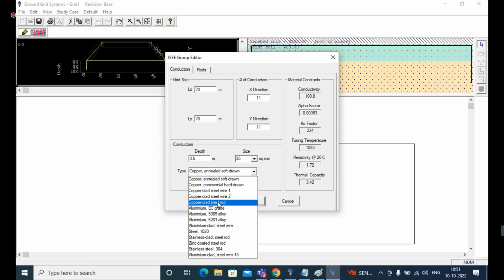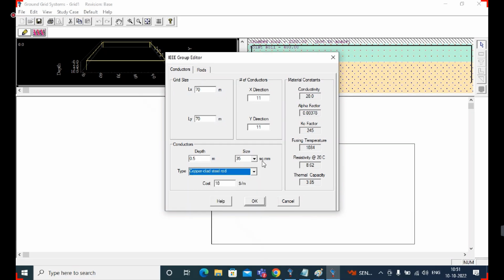If you use aluminum instead of copper clad, for that same design you need to assign more square mm. So instead of 35, you need to assign 70 or 120. Why? Because compared to copper, aluminum conductivity is low, right? That is the reason.